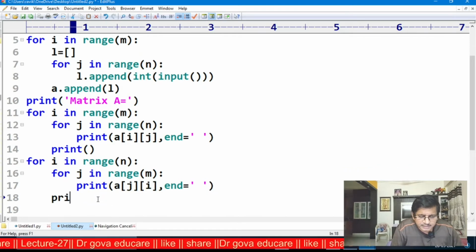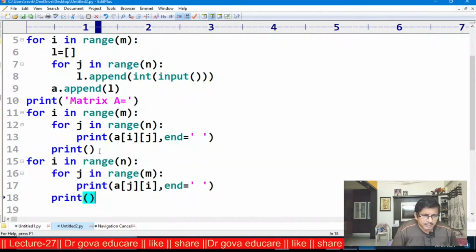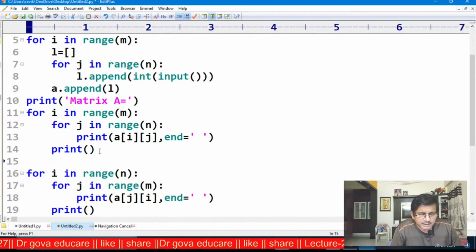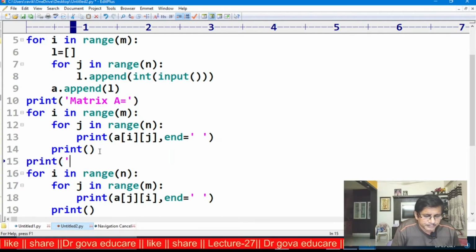After this print a new line. Now here displaying the message, print transpose of A.